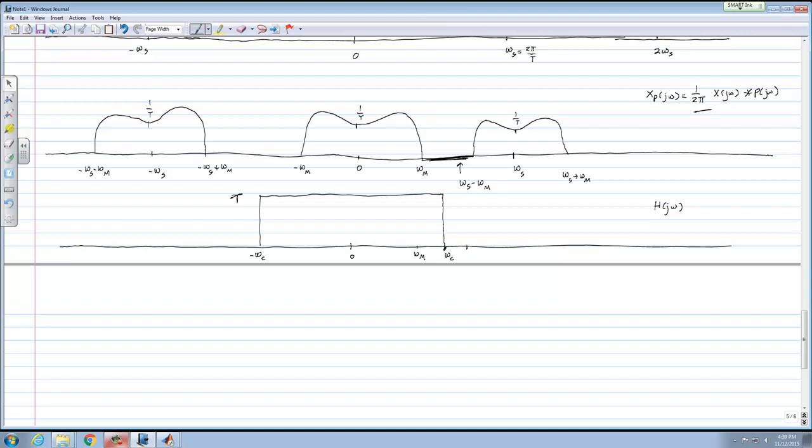But this is something really remarkable. We started only with samples. What we are saying is, I've lost a lot of information. I take only my samples, I take a Fourier transform. What I'm really seeing there is replicas of my X of j omega. And if I just kill all the other replicas except the one that I'm interested in, and scale it back up, I got my signal back.